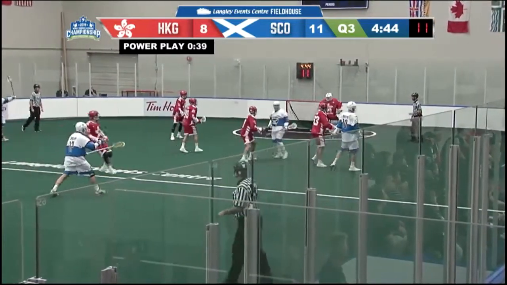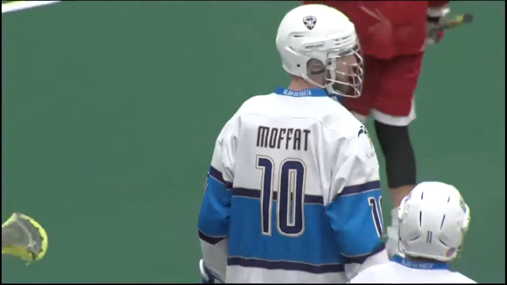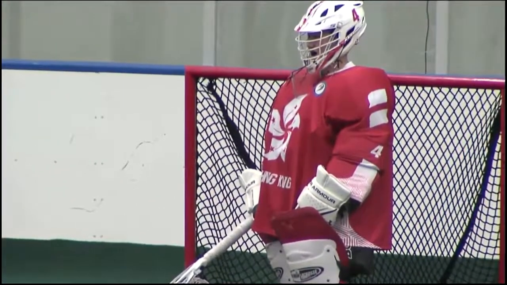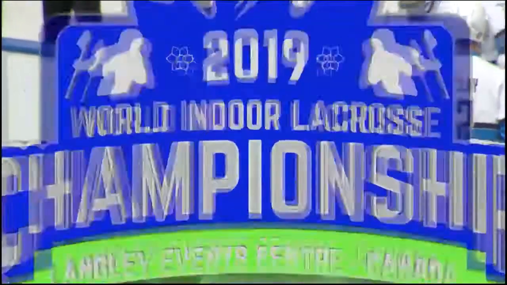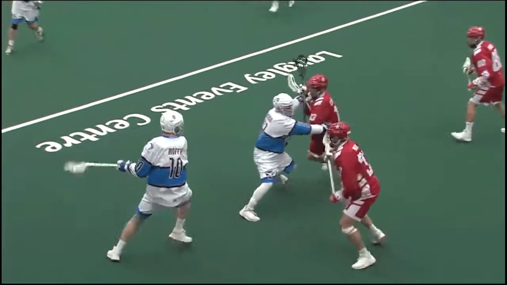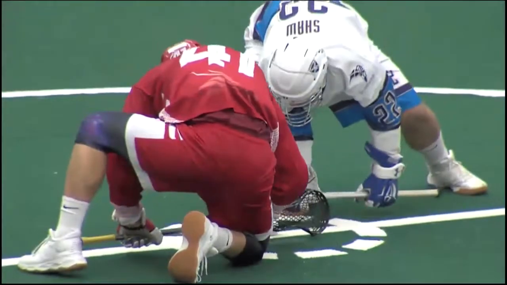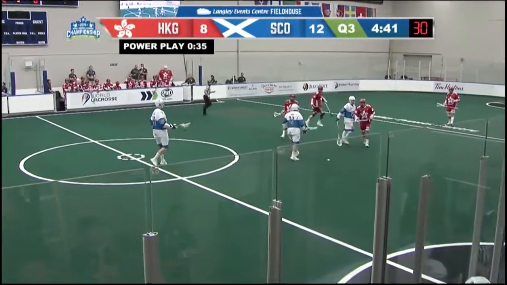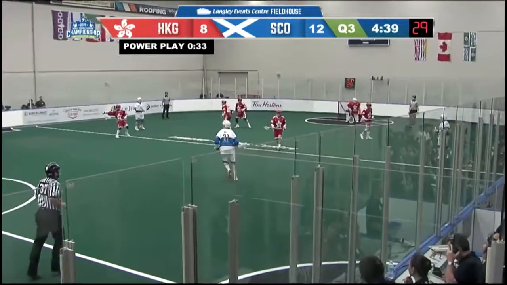As Scotland now short-handed, but Moffat scores up high over the shoulder. 12-8, Scotland leading, 4:42 remaining in this third quarter. 10:18 the time, as he just let the shot go along the right side. Moffat now with 5 in this game, his latest shorthanded.